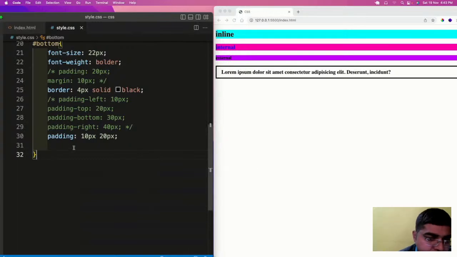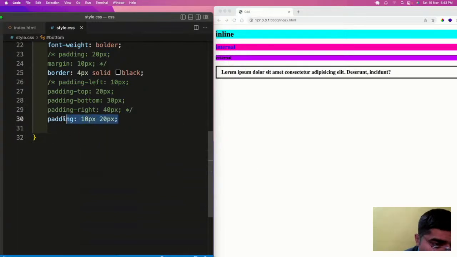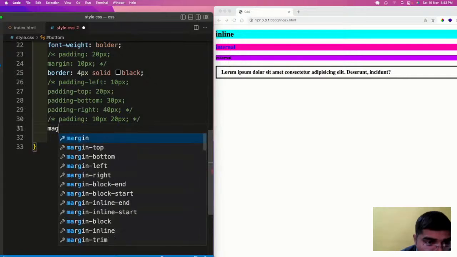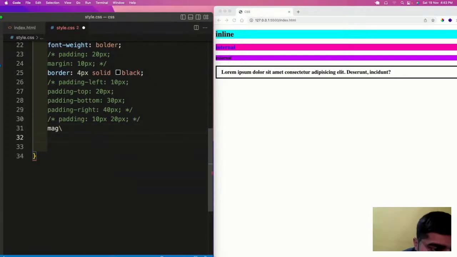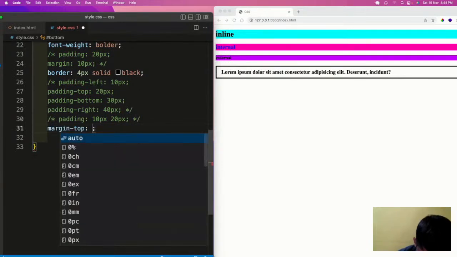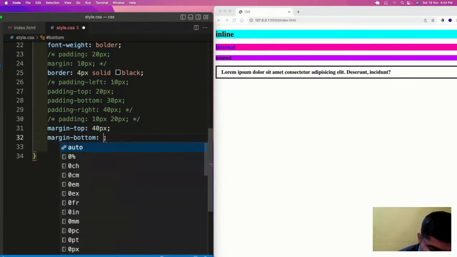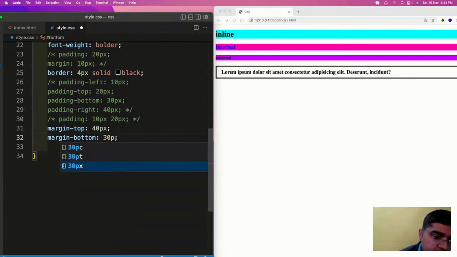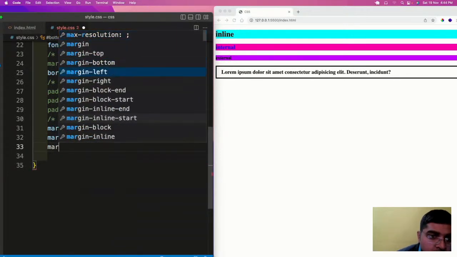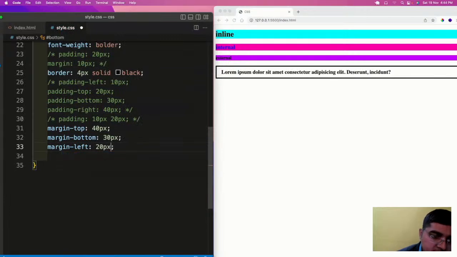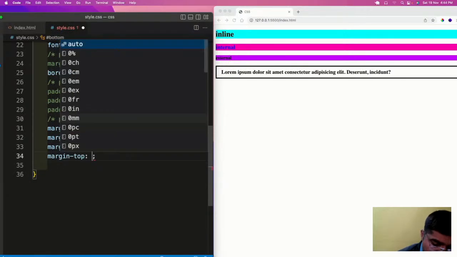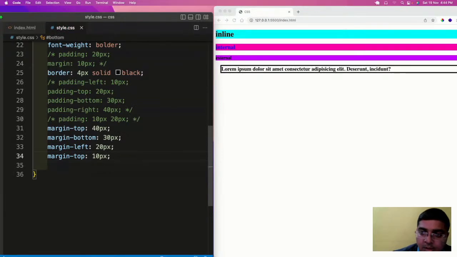Okay, now let us see in how many ways you can add margin. So we can have margin on the top of, let's say, 40px, bottom we will use 30px, left 20px, right 10px.